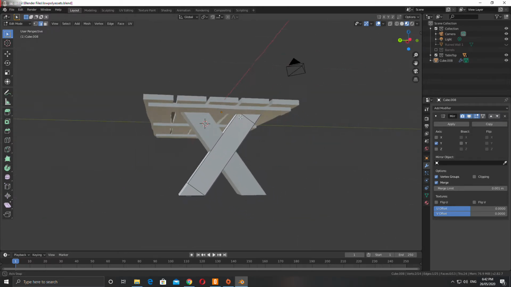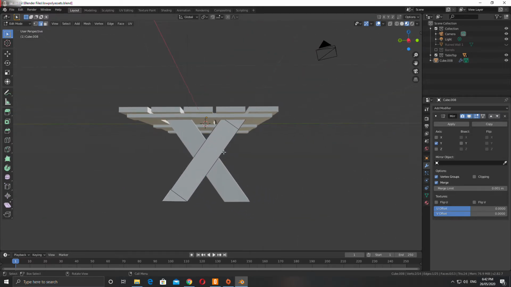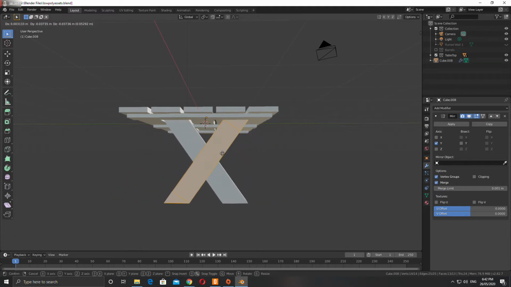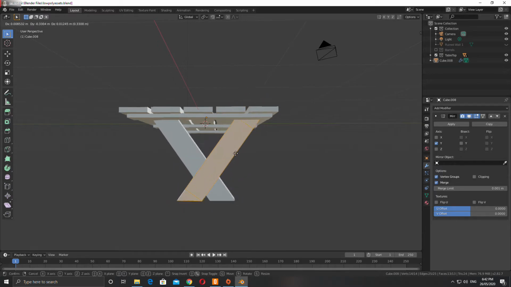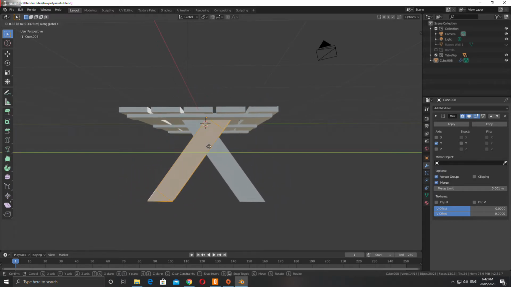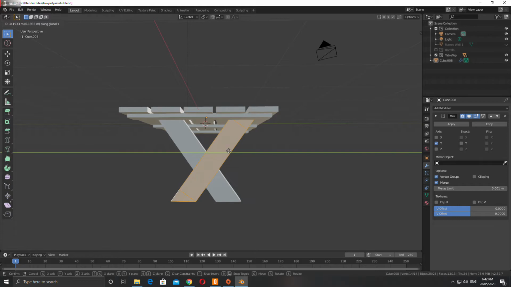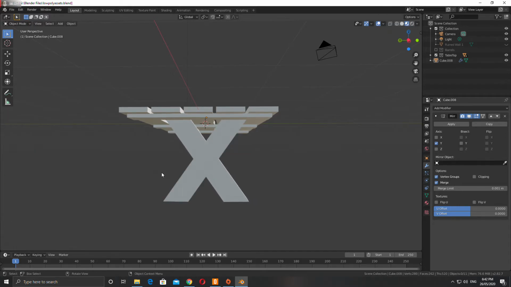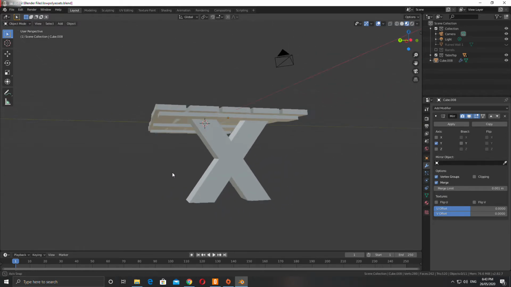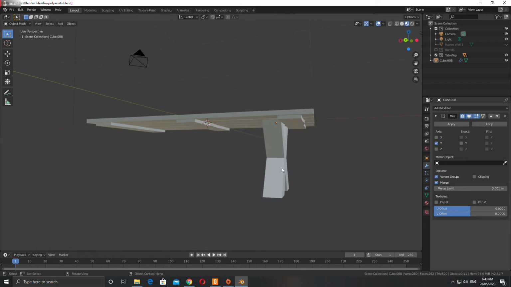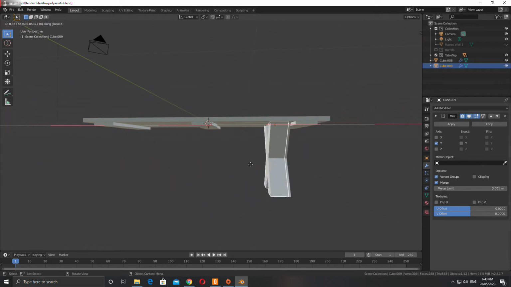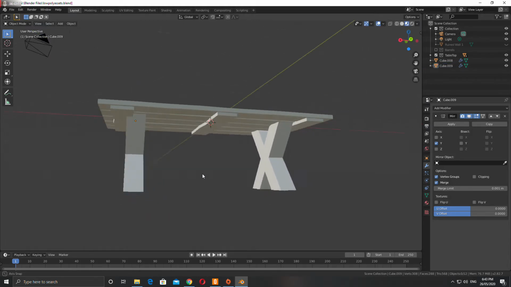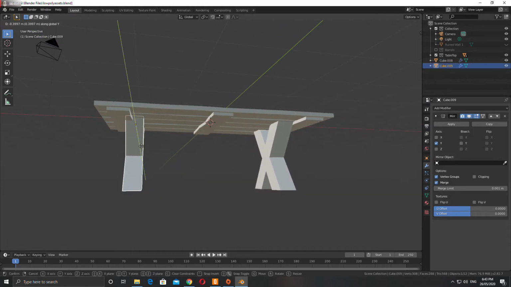So if your model is in the wrong place and it doesn't look quite right, you may have to select everything, hit G, and move these things around along the different axes until you get it looking roughly like that. Okay, and then we've got that there, and I can just duplicate this, Shift D, move it along the x-axis down to about there, and we've got our table, kind of medieval style